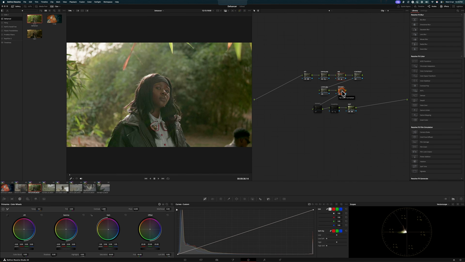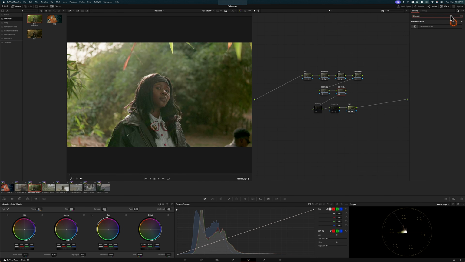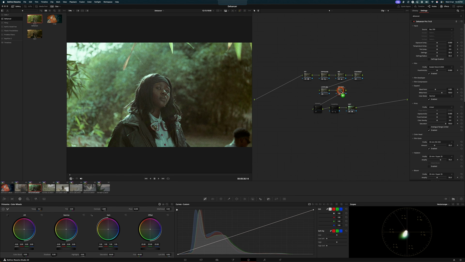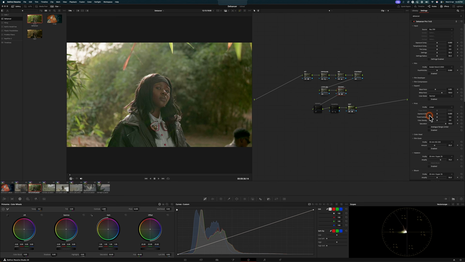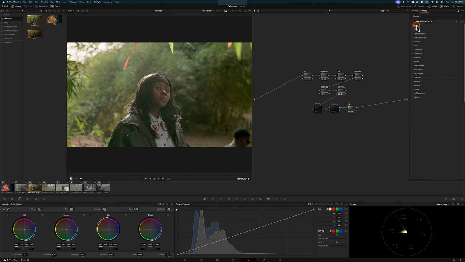We'll just head into the Dehancer node and we'll go into our effects and we'll just drag and drop Dehancer. And by default, Dehancer applies a bunch of effects and a ton of grain. You just go down to the bottom of the Dehancer and click disable all tools. Again, you realize that a lot of these tabs are open, and a quick tip: if you hold down Option on Mac or Alt on Windows and click on any of the tabs, it closes all the tabs,